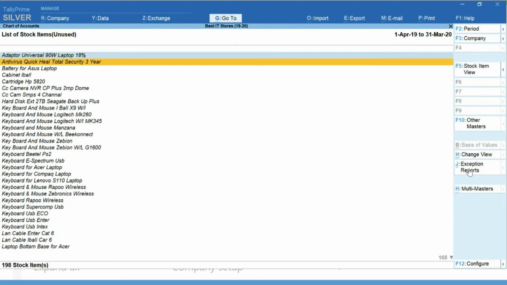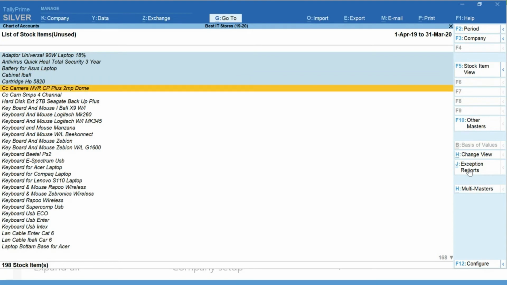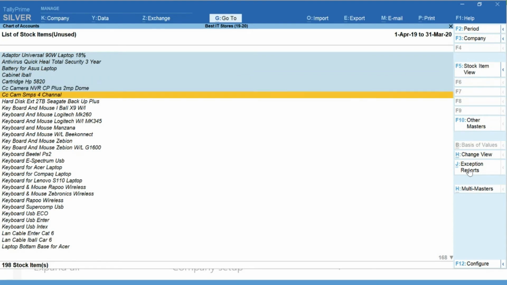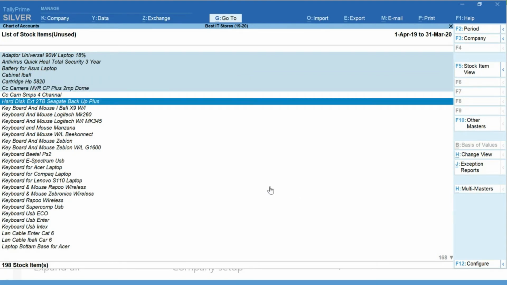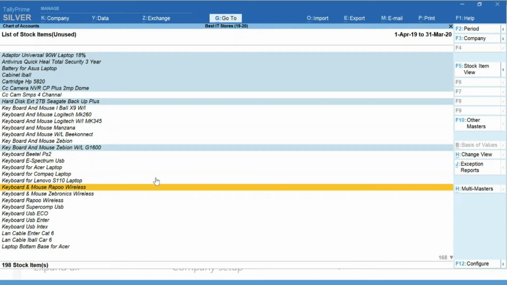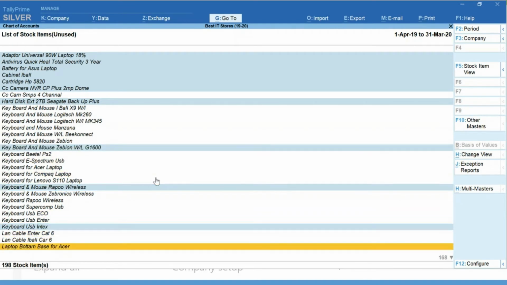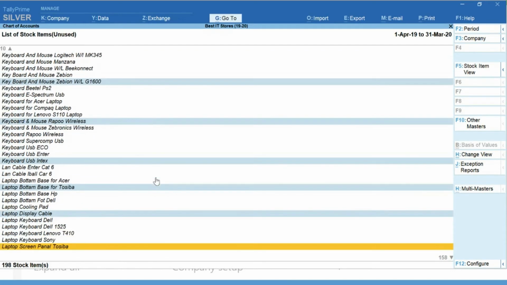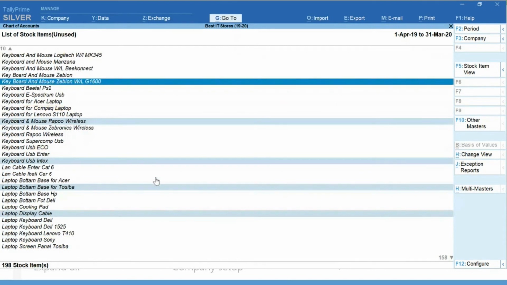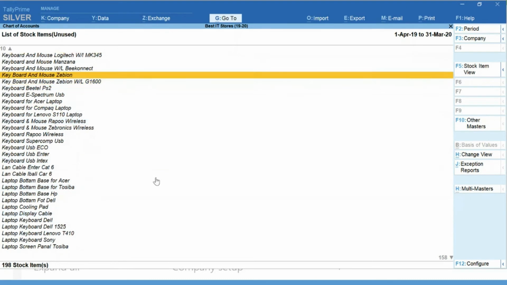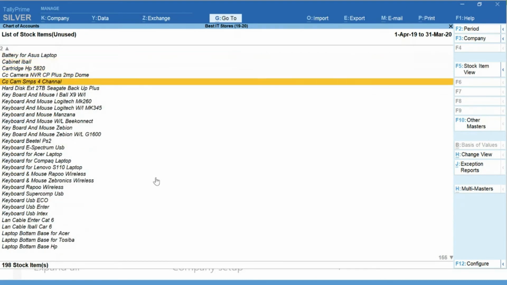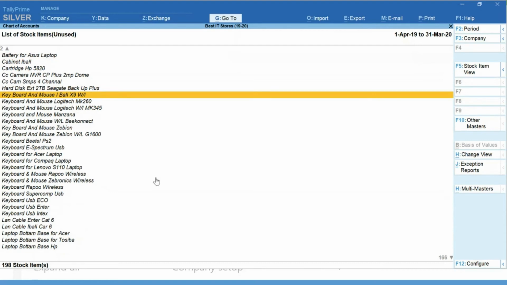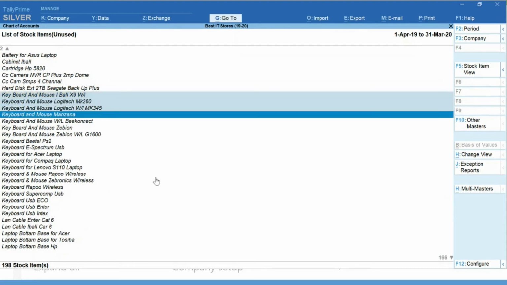So one way is, yes, you can go and select by using the spacebar. I'm just using the spacebar and using the mouse, and I'm just clicking. If somebody wants to select randomly, they can go and select randomly. I'm using the mouse middle button and the spacebar to select. Yes, you can do that. Or somebody says, no, sir, actually I want to delete all using the keyboard. So you can multi-select like this.